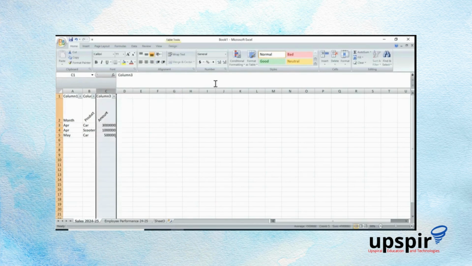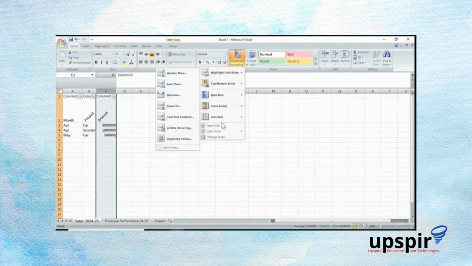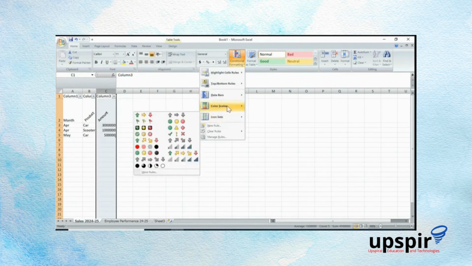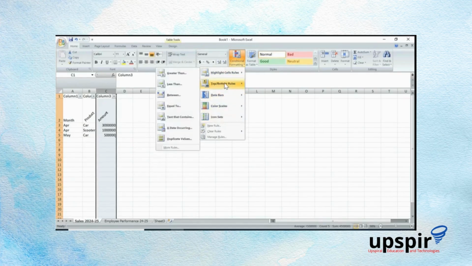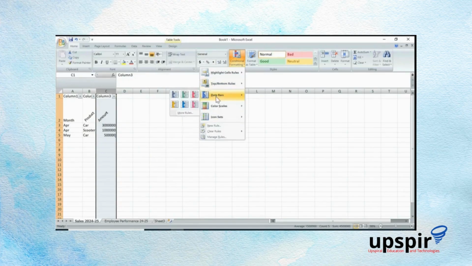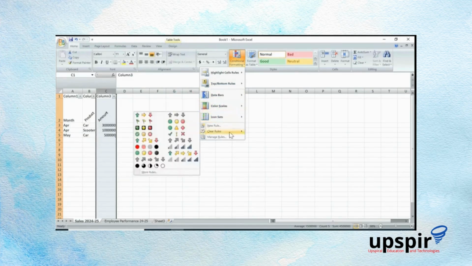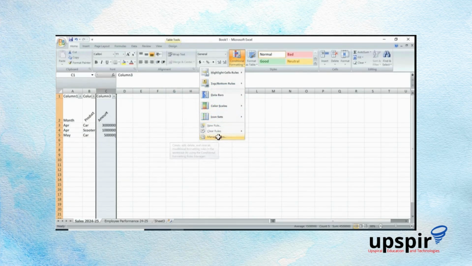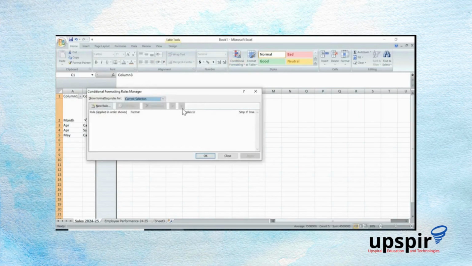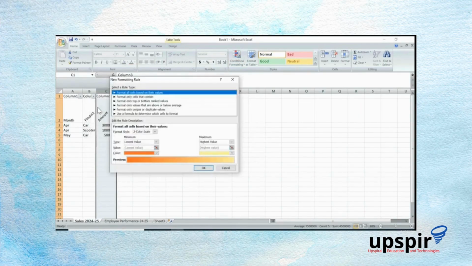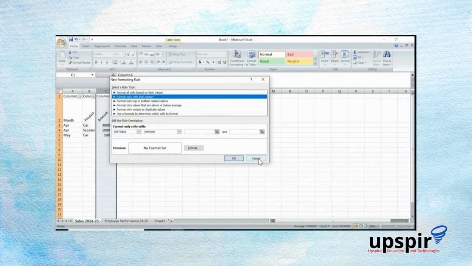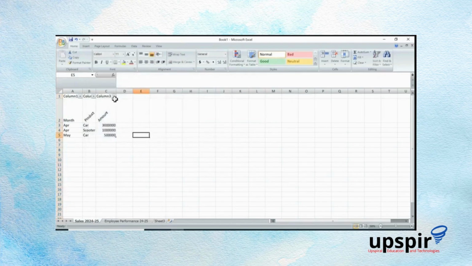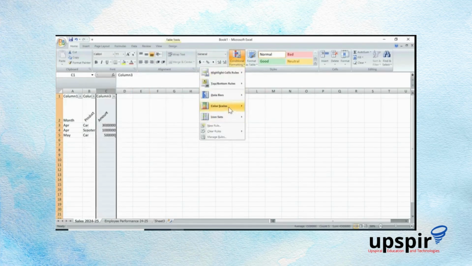Again, I can select this entire thing, and then I can set my conditional formatting rules. It can be highlighting rules, top/bottom rules, data bars, color scales, or icon sets. All these rules are available, and you can also manage them from this particular box. I can add a new rule and select multiple things from here. Just to keep things simple, I can set a very simple rule, like say